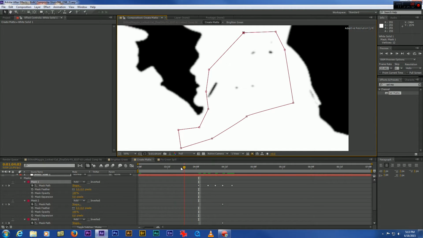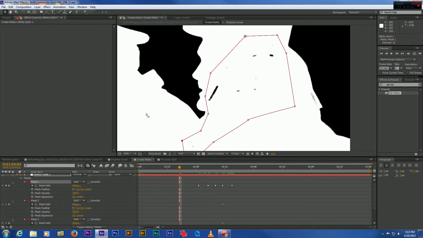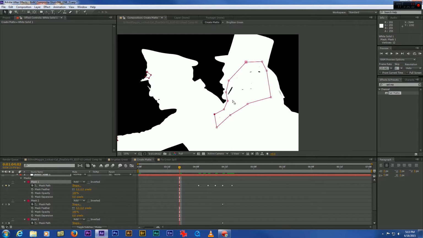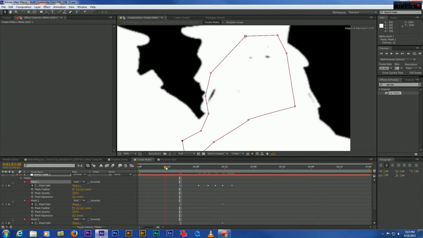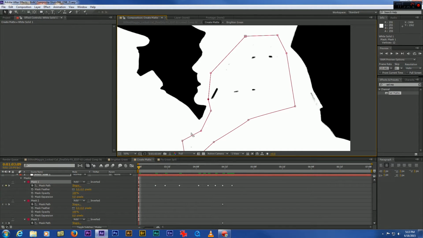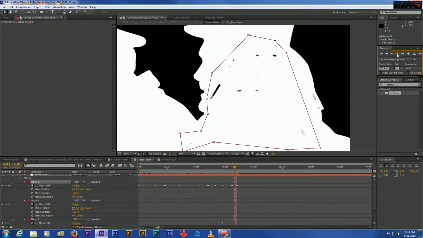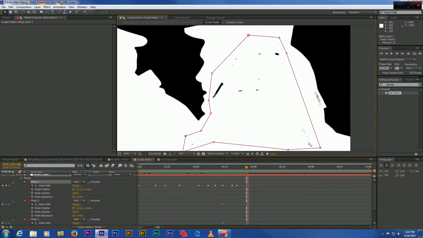Yeah, so most of these will be alright for a little while. But once their heads start separating or moving around too much, you'll probably have to move them. And then obviously you do need to go frame by frame after you do the initial work, just to make sure problems don't arise. And you got to watch over the entire image as best as possible to catch all these little things, because